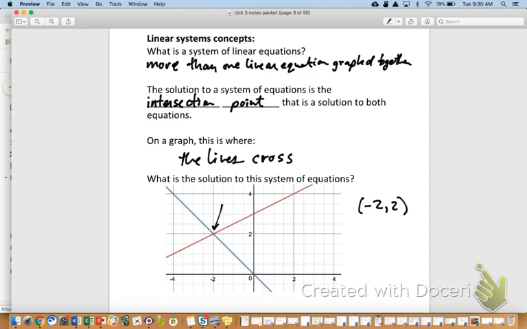Point of intersection, where the lines cross, where the lines intersect. Those are all good answers. I heard a bunch of good answers there. Okay, that's your big takeaway from today. So let's keep looking forward,